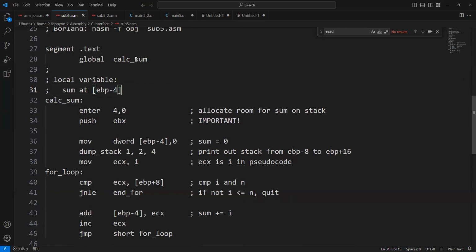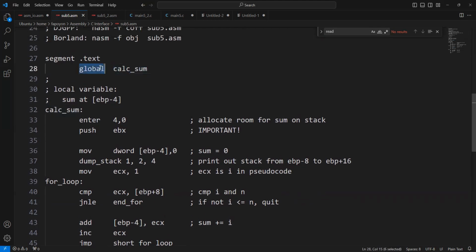In this case, the label is calcsum because this is also the name of the function. Global here just says that this can be used outside of the assembly file or the assembly object so that we can call it from C. So global calcsum, and then this is the start of our